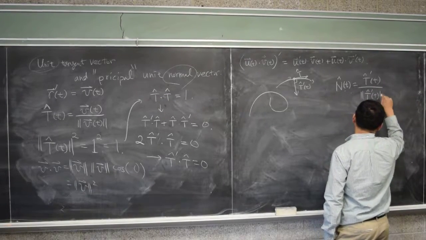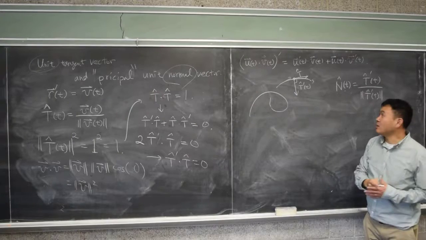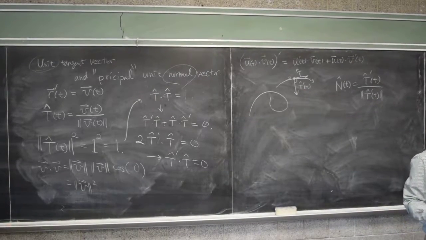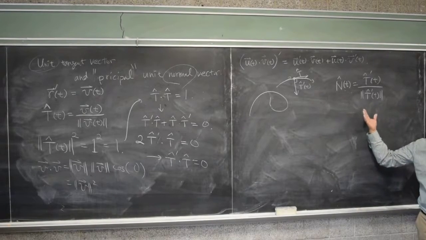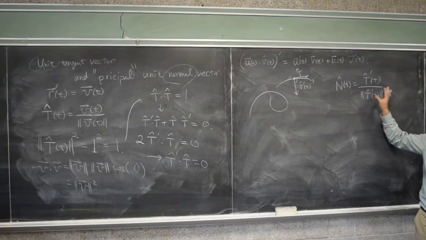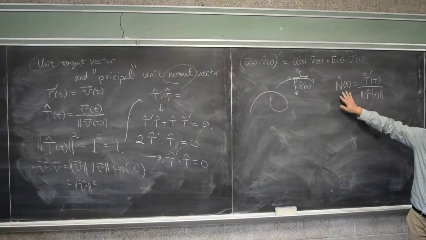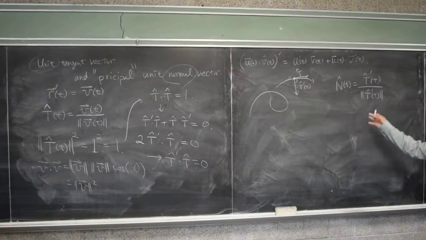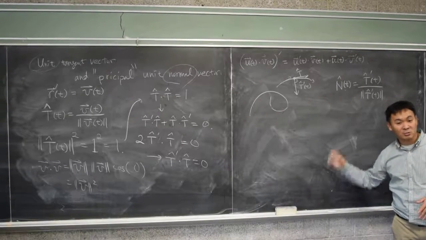See, the really annoying thing is, even if you know that it's perpendicular, you don't know that it's a unit vector. So you still need to divide it by its size so that it is a unit vector. Okay. So after dividing it by its size, you come to this thing called the principal unit normal vector. Okay. Next time we'll talk about some examples of